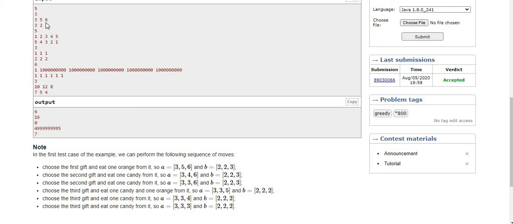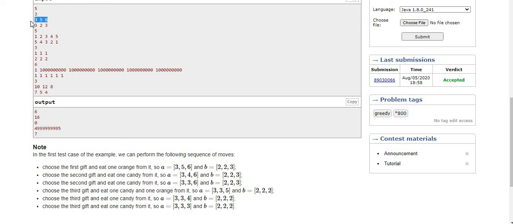Here, for this 3 we have to perform the decrement operation only once, but for this 6 we have to perform it 3 times, because we have to make this 6 into 3. But we can perform one operation as a combined one.